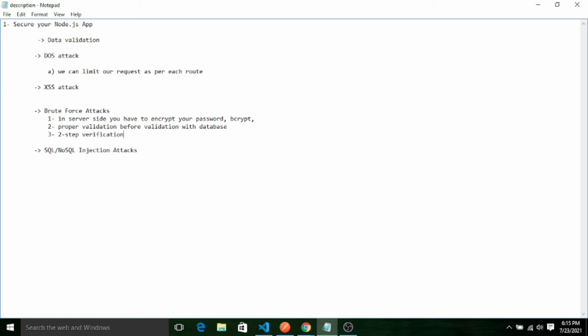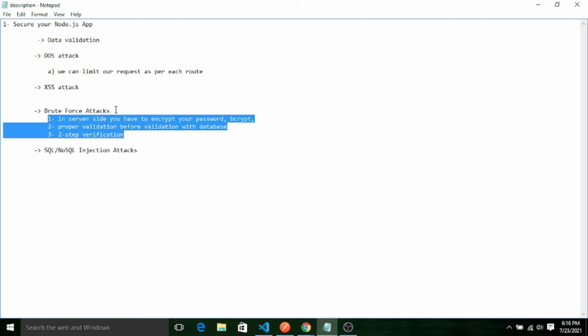After giving the username and password, they will ask you to enter your mobile number, or if the user's mobile number is already registered, they will send you a code, a PIN number, to your email ID or your mobile number, which is usually called an OTP. Once you validate that, only then will you get into your project. So in these three ways we can prevent our brute force attack.